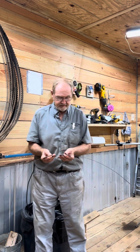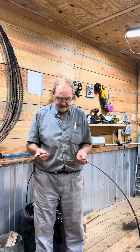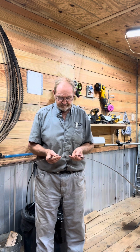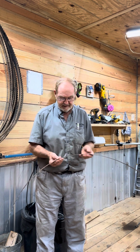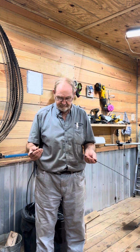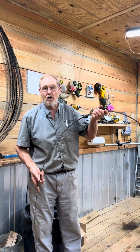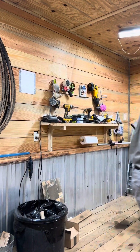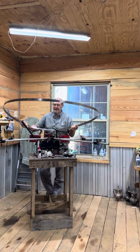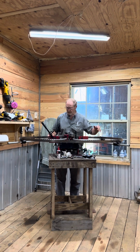After I locate the weld joint, I go through the blade, check the teeth, and look for cracks in the blade. I go all the way around it. This is a Wood-Mizer turbo blade. They're extremely good blades. They set good and they sharpen good. Now that I have cleaned it, inspected it, and found the weld joint, I'm putting it on my setter,